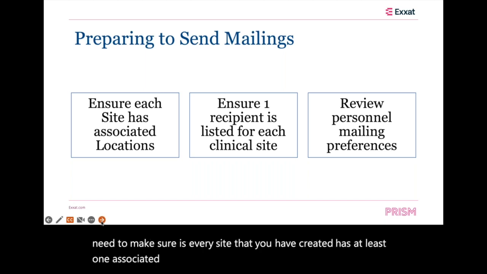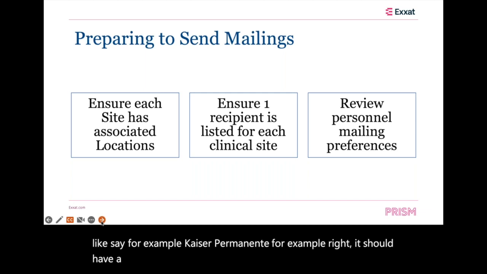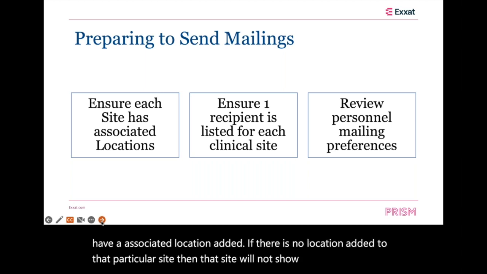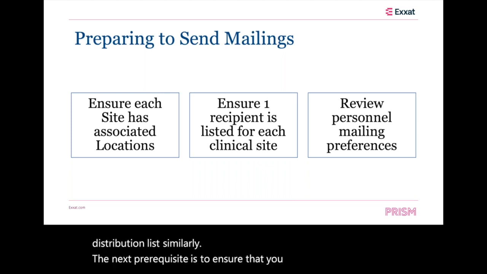That means if you have a site, for example, Kaiser Permanente, it should have an associated location added. If there is no location added to that particular site, then that site will not show up under the distribution list. Similarly, the next prerequisite is to ensure that you have at least one recipient added to a location,